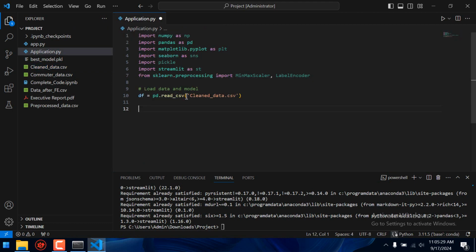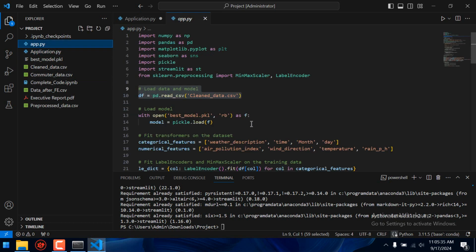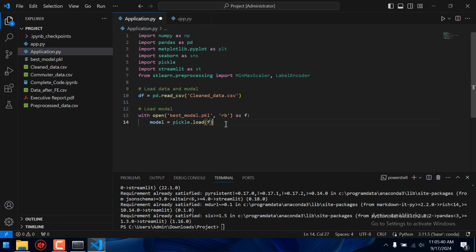So first of all, load the data and the model. Then after that I want to load the model. The model is actually the best model. I have loaded the model. Now there will be a question in your mind how I am copying these things. If I type this, it will take a lot of time. But the theme of my video is to make things short so that the user doesn't get bored.